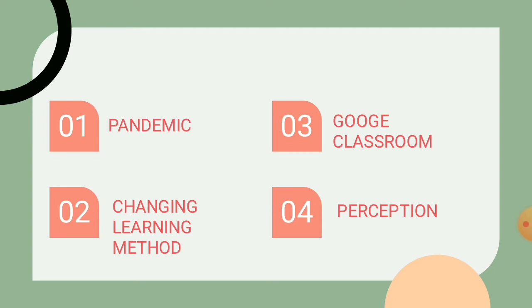Instead of implementing a national lockdown, the government has focused on limiting social activities. Not only impact on several sectors, but the spread of this virus also has a major impact on education system in Indonesia. The situation makes the learning system change where originally face-to-face method had to be replaced with e-learning method. To facilitate the teaching and learning process in online learning, the teachers use learning management system. One of the learning management systems that is commonly used to facilitate online learning is Google Classroom.